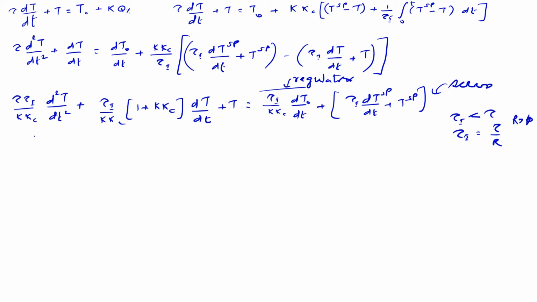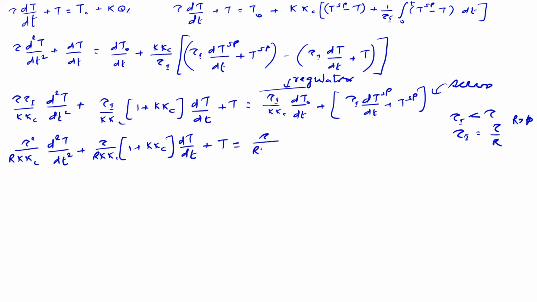Then what we get is tau square by r KKc, second derivative of temperature, plus times first derivative of temperature, plus T is equal to plus tau by r dT set point by dt plus T set point. So this is my governing differential equation,